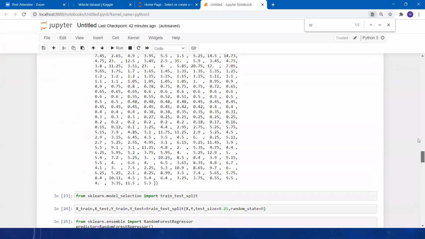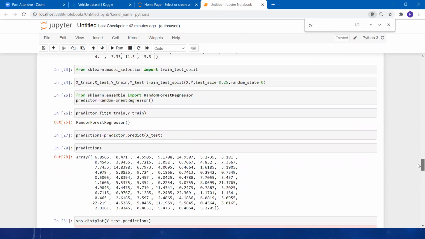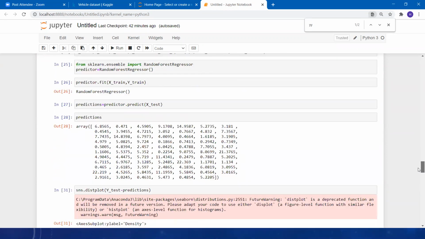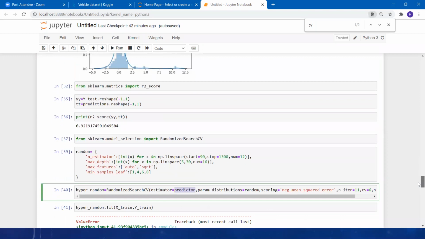RandomizedSearchCV estimator is equal to predictor. That is fine.